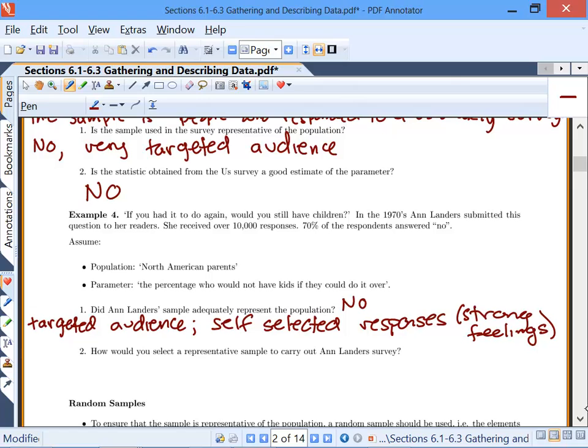Instead of, you know how they did, well, I don't know, when you say self-selected responses, it sounds like they could write whatever they wanted, really. Oh, so if you just made it a yes or no question. I think it still could have been a yes or no. Self-selected is more the people that decided it was worth their time to send in an envelope, send in a response. So instead of letting them choose whether or not they respond, you could approach them and ask them. So you could ask people,